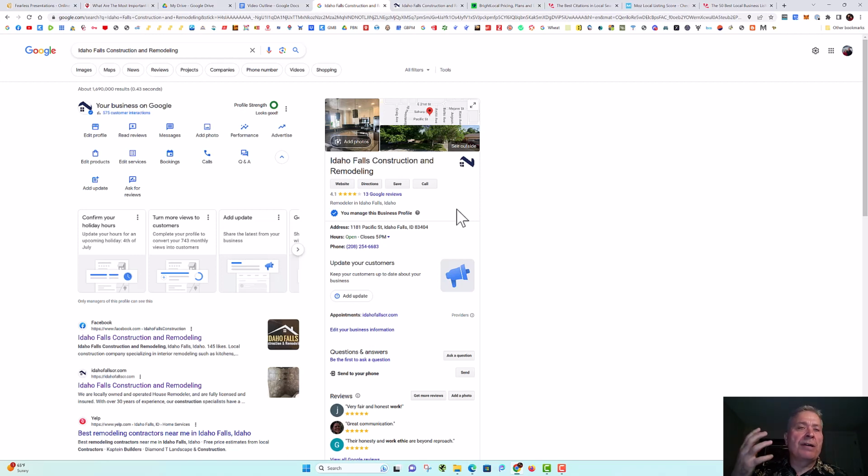You want a well written business description in your Google business profile, because Google will grab keywords out of it. Number one, Google can read what you're writing too. The information in the business description tells Google more about your business and helps Google decide what you should be ranked for and what you shouldn't.